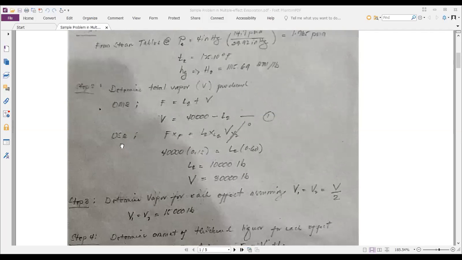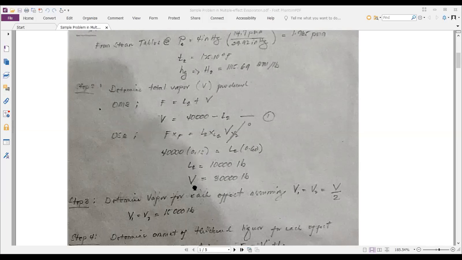Okay, now for the solid balance, if I did overall material balance, I also need to do overall solid balance. So it's patterned from this one. And since we are to assume right away that there's no entrainment, if there's no mention of it in the problem, then the feed times its solid content should be equal to the liquor in the last effect times its solid content. Now, since the solid content of the thickened liquor of the final product is 60% and that of the feed is 15%, you will right away know that your final product is 10,000 pounds.